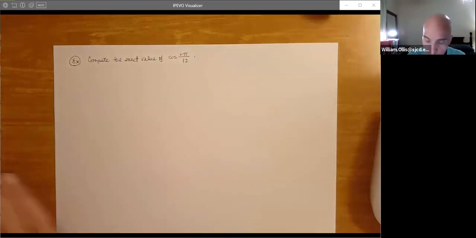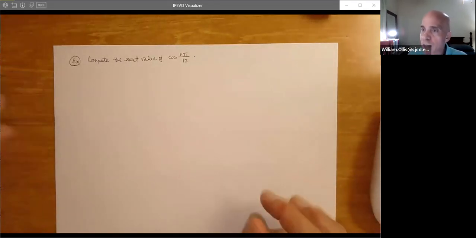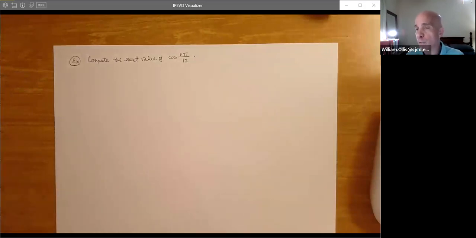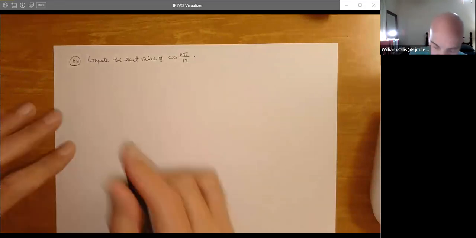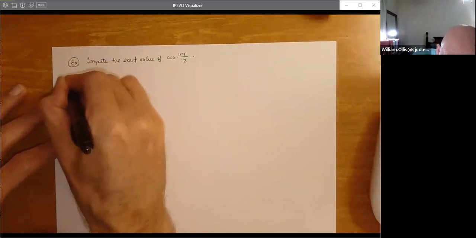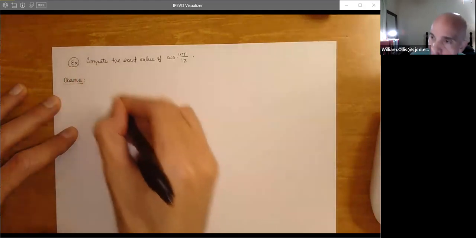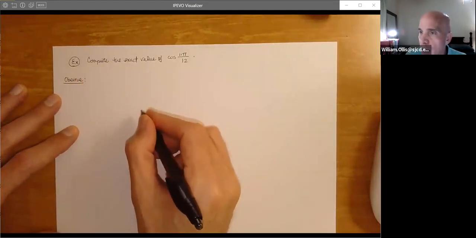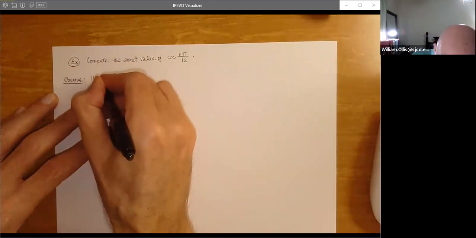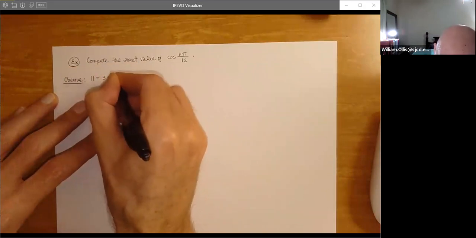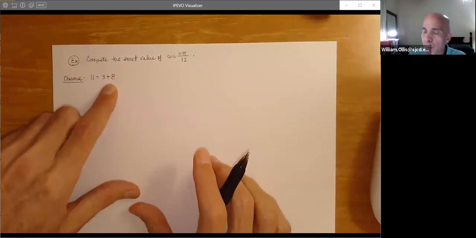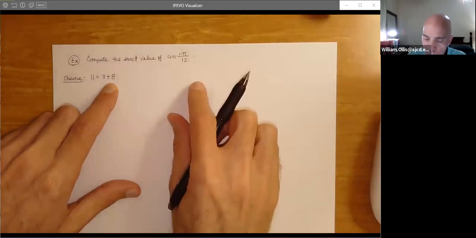So what we want to do is partition 11 so that we can actually write 11 pi over 12 as a sum of radian measures that are on the unit circle. So first we observe, when you partition an integer, you simply write it as the sum of two integers that are positive. So for instance, in this case, 11 can be written as 3 plus 8. Now you're thinking, that's earth-shattering, Professor Ron. But here's the key, ladies and gentlemen.